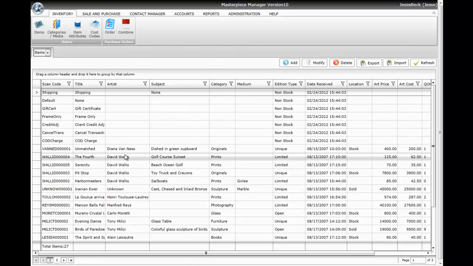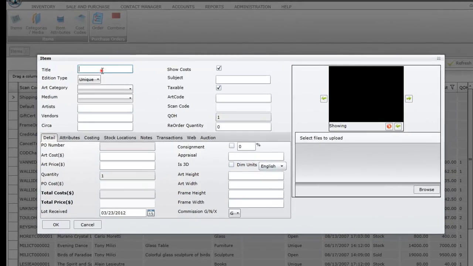Adding limited editions to version 10 has been made way more intuitive, something very easy to do, but still a very powerful part of Masterpiece. I'm going to add a new item by hitting the Add button here. I'm going to call this item simply